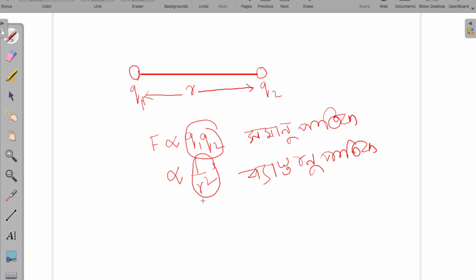Okay, so if we combine these two properties, what we can write is F is proportional to